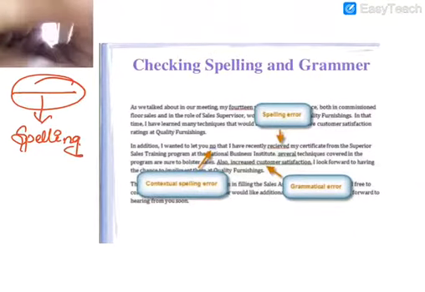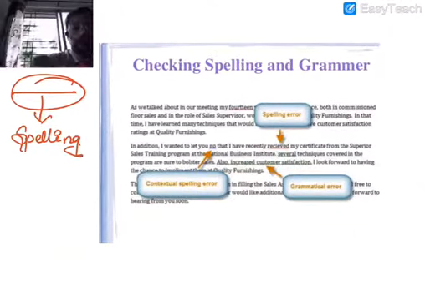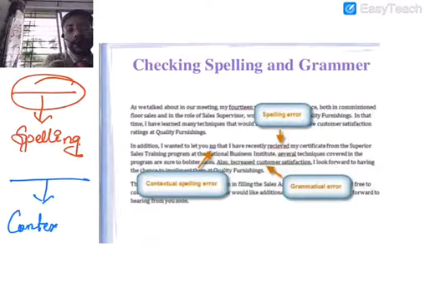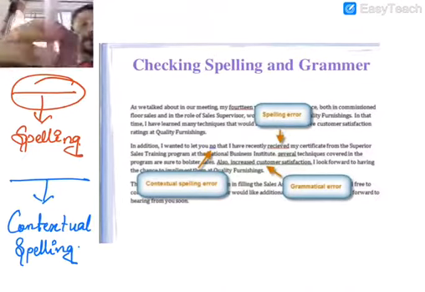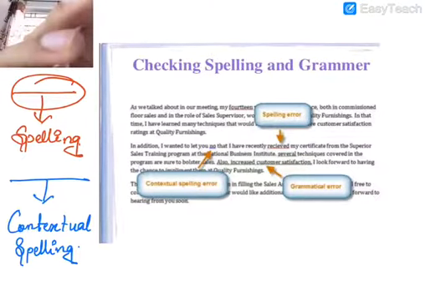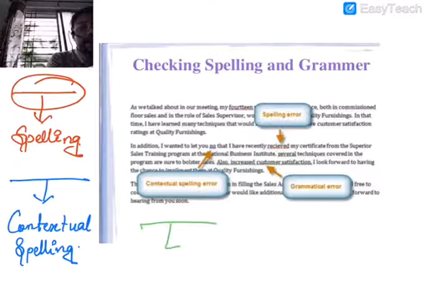Now, if there is a blue line, that means it is contextual spelling error. Okay? The error is there in the contextual spelling. And finally, a green line indicates grammatical error. Okay?